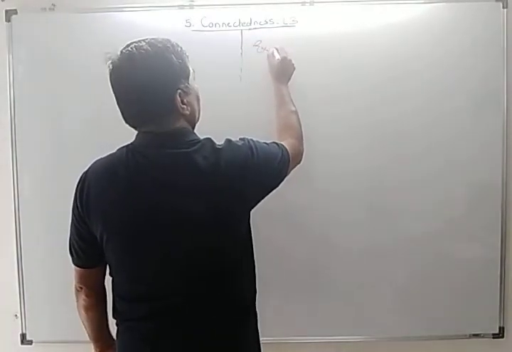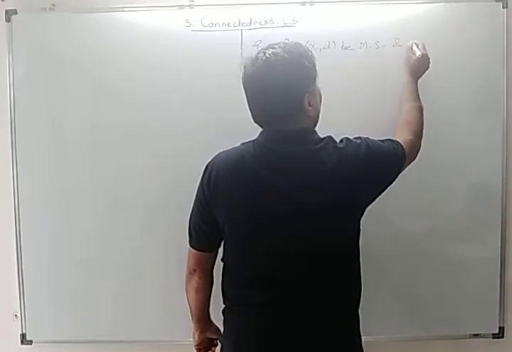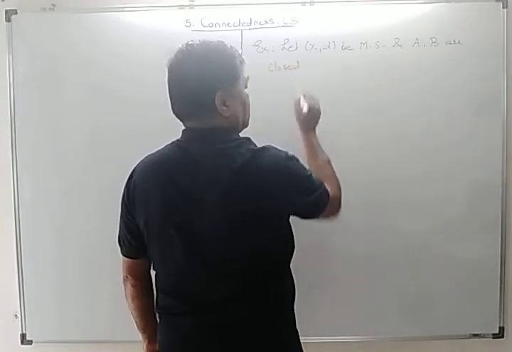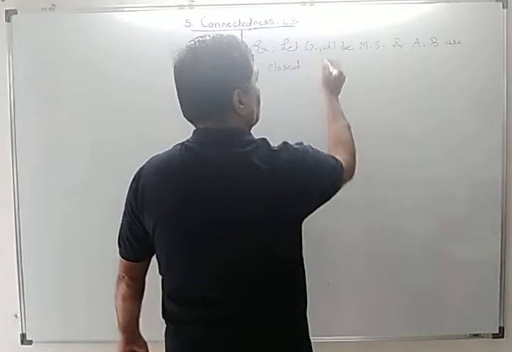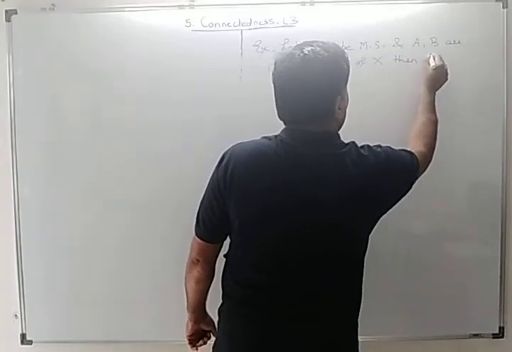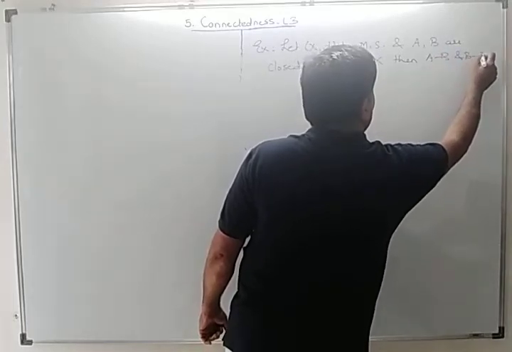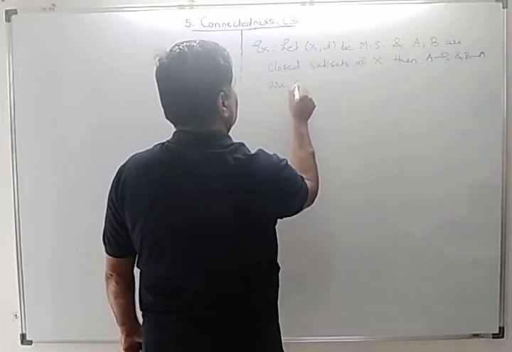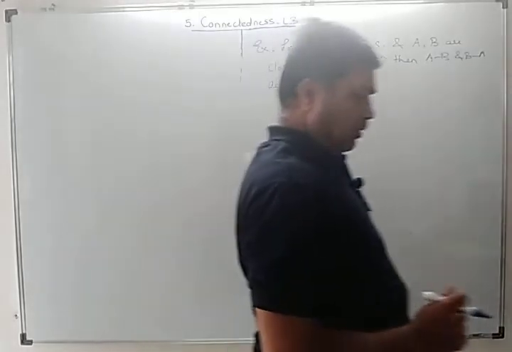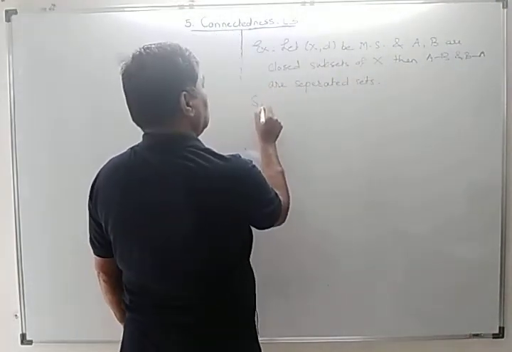So example: let (X, d) be a metric space and A, B are closed subsets of X, then A minus B and B minus A are separated sets. Solution: